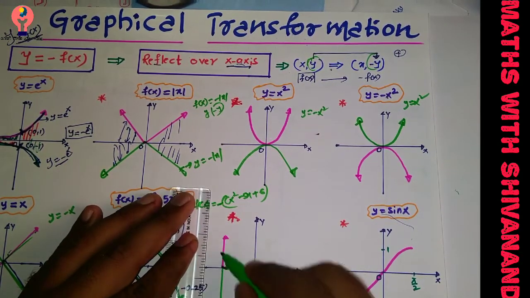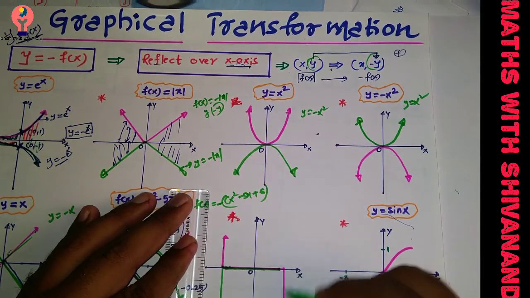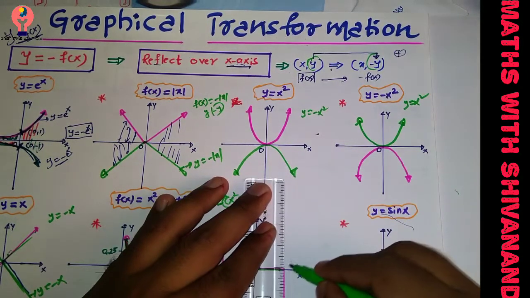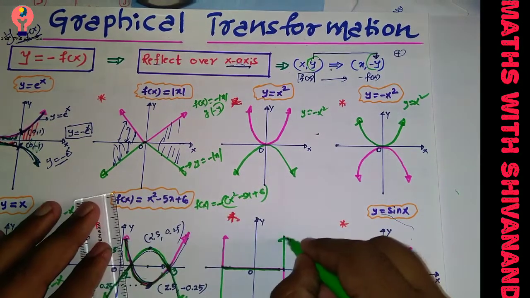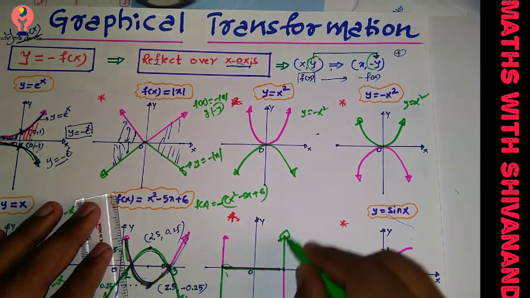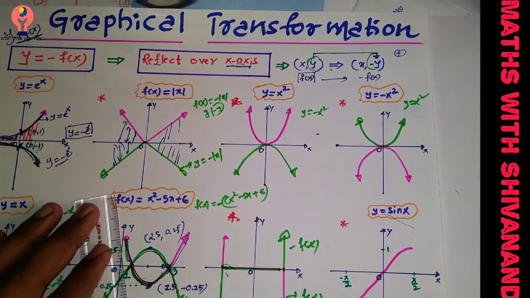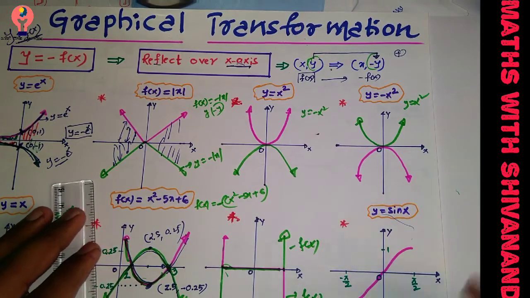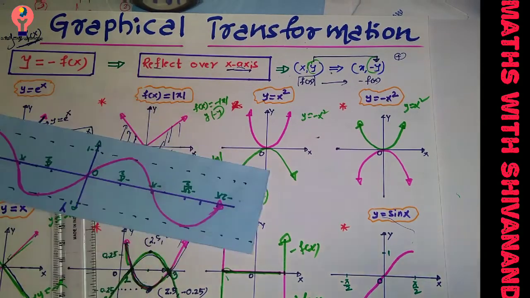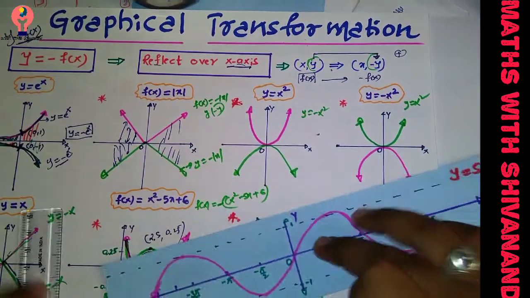Now this part will get down. Definitely, whatever the length is there, the same length. And this part will go above, definitely. See, this is a new curve, the new minus f of x curve, and this is your original f of x curve, right? And this is the sin x curve. So I will take the sin x curve in detail. Listen, the sin x curve I am getting here.